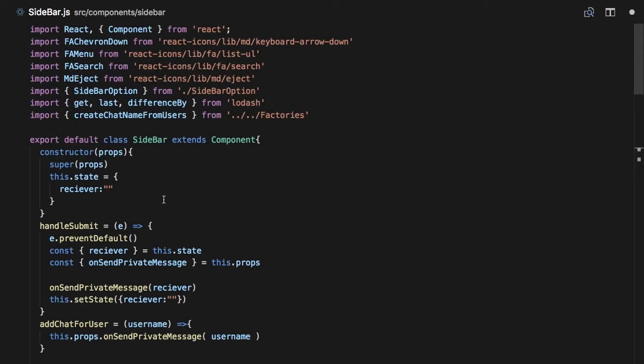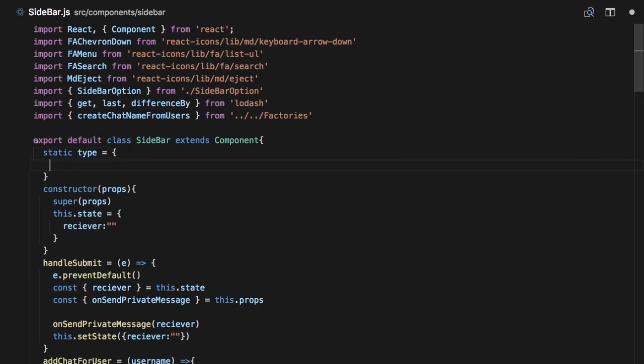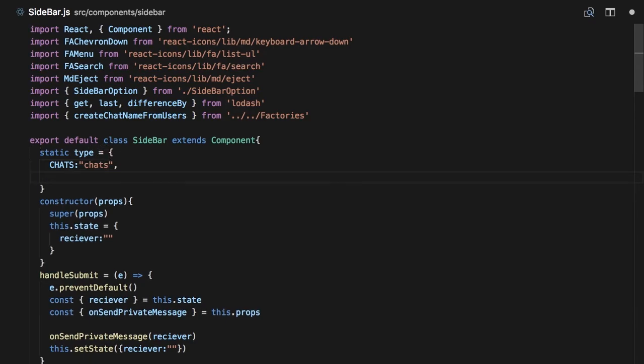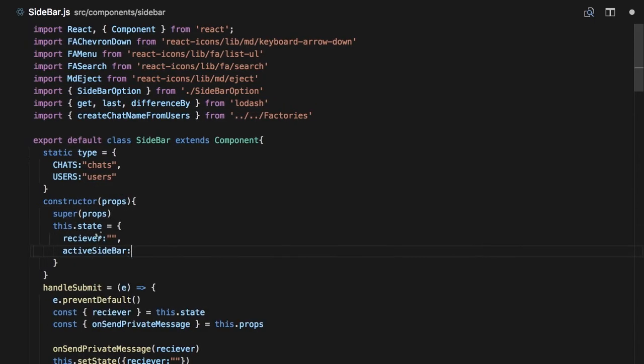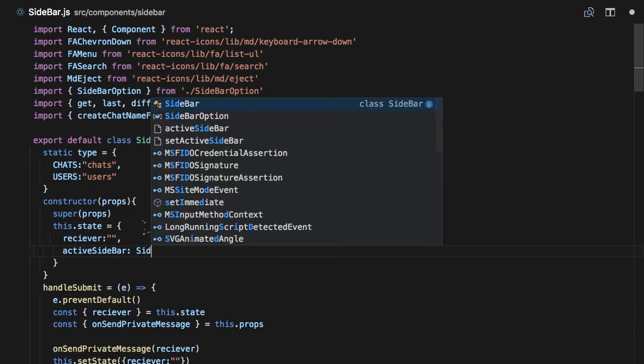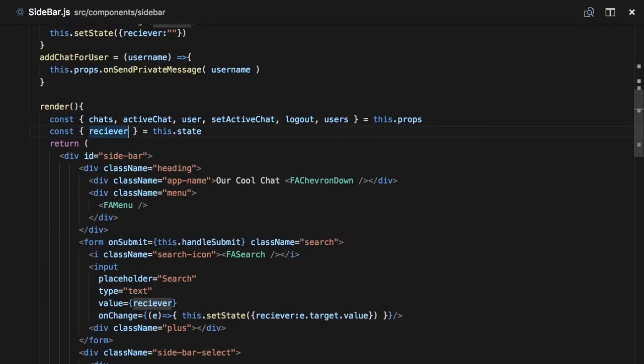And then we're going to go ahead and put those at the top here. So static type equals chats, and users. And then we're going to go ahead and put the active sidebar in our state, just like that, and make it equal to sidebar.types.chats. Then we're going to go ahead and get that in our render method. And if we go back to the application,